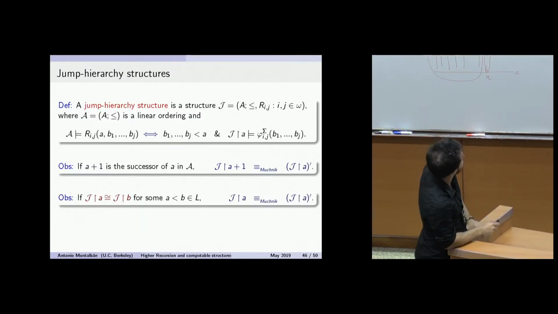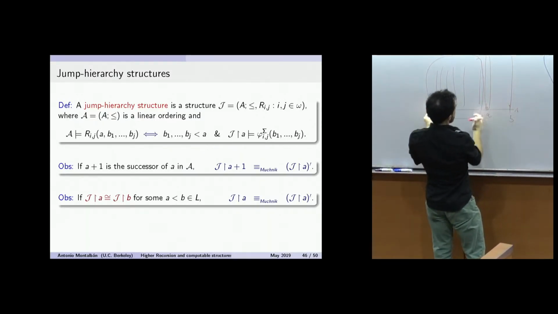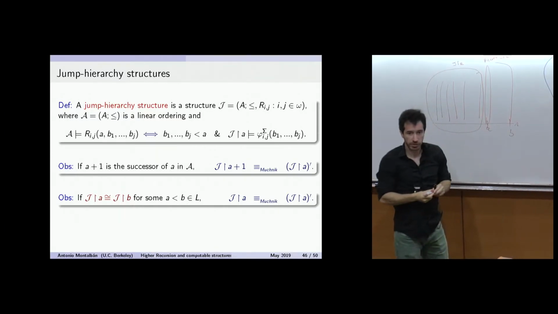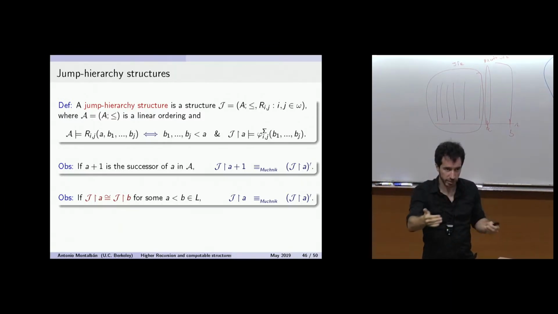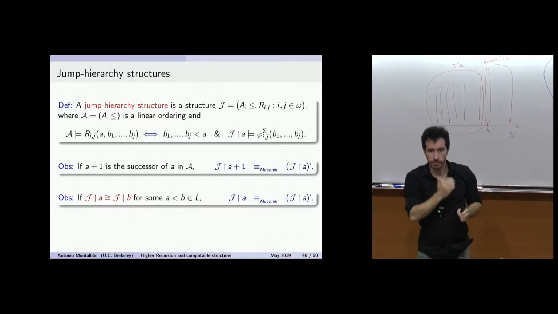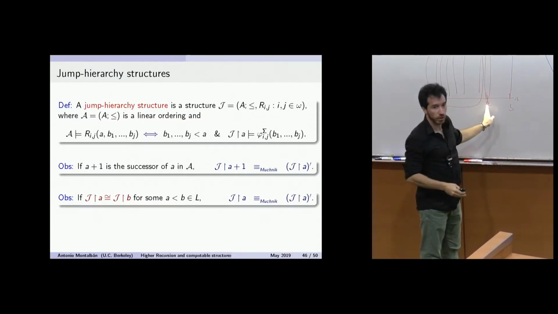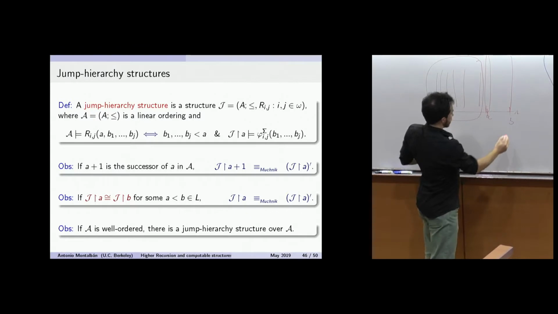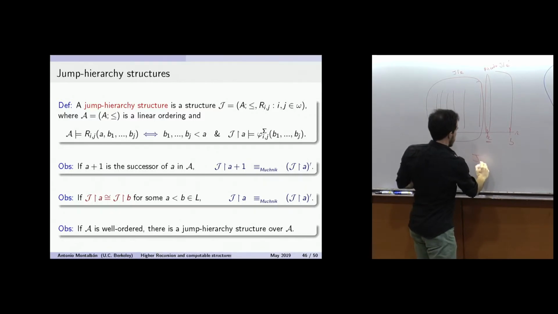If, by any chance, you have two elements such that the structure up to A and the structure up to B are isomorphic, not isomorphic as linear orderings, but isomorphic as jump hierarchies, completely isomorphic, like the whole thing being completely isomorphic to the whole thing up to there, then you will get that this one is equivalent to its own jump, because the structure up to here, if you use this guy as parameter, so J up to B, if you use A as parameter, compute in Muchnik way,